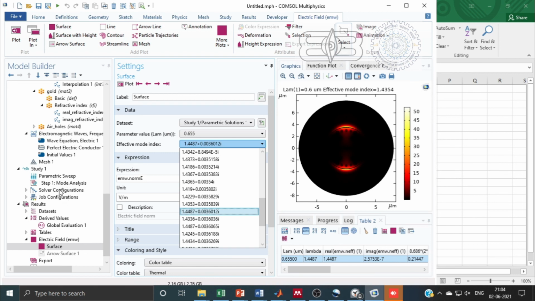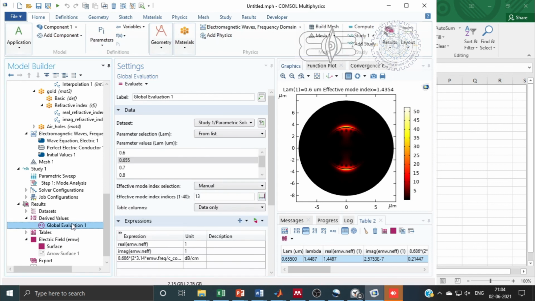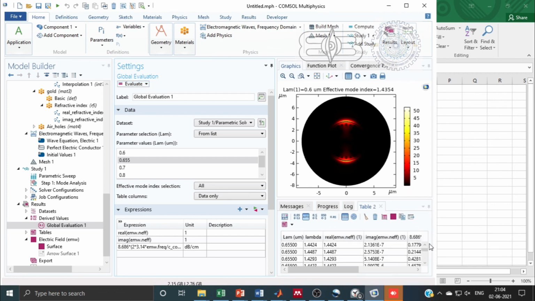I will search this in the table. So for that we will again go to global evaluation. I have taken all here so that all data sets get generated in the table, and out of that it is easier to search. Although this search process can be avoided by using many optimization and computational techniques.